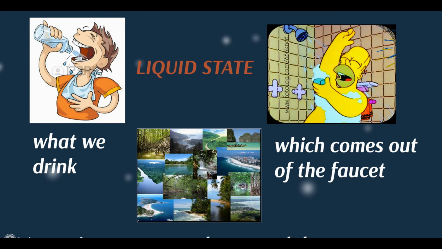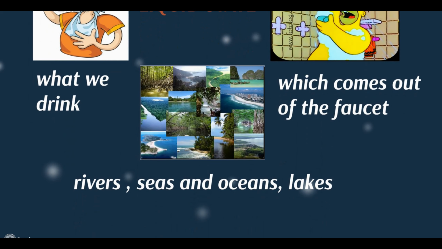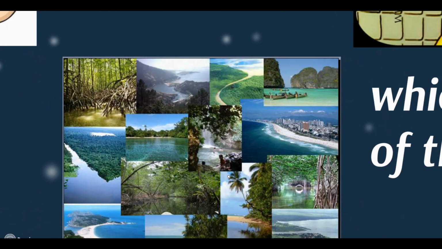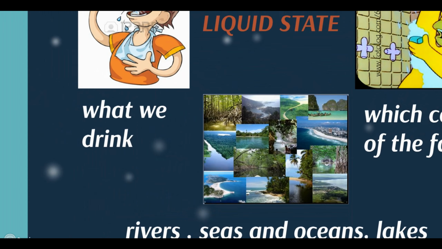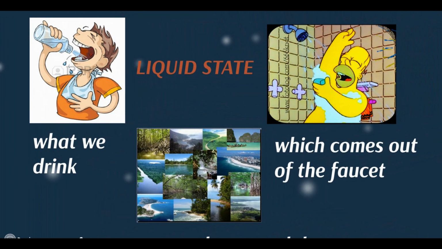Liquid state. We can find it in what we drink, also which comes out of the faucet when we take a shower, when we take a bath. Also, and most important, I think we can find it in rivers, seas, and oceans, as we can appreciate in this picture. Here we have water in rivers, seas, oceans, lakes also. Okay, so please don't forget this important